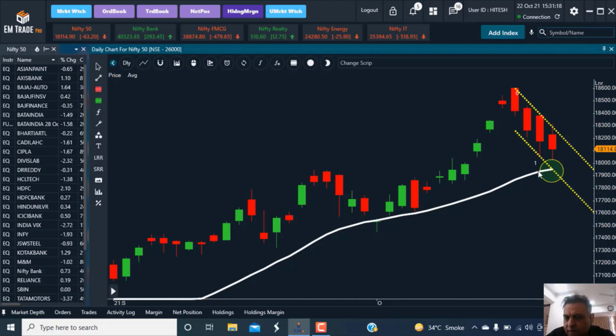Either we have a basing market, or we can see a reversal next week. Basing will be prices not breaking the upper end of the falling channel, so it might trade between the channel and the 200-day, and then we'll wait for further evidence whether it's breaking on the upside or breaking the 20-day on the downside. A corrective decline in a bull market generally happens for 3 to 5 days. This high here was 1, 2, 3, 4, 5 days, and 5 is also a Fibonacci number. This correction has already extended to 1, 2, 3, 4 days. Probably it might be one day of a negative close, or once the channel breaks, we'll conclude that the corrective